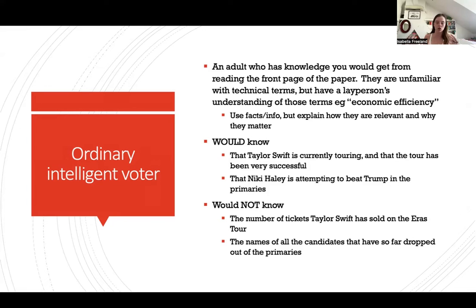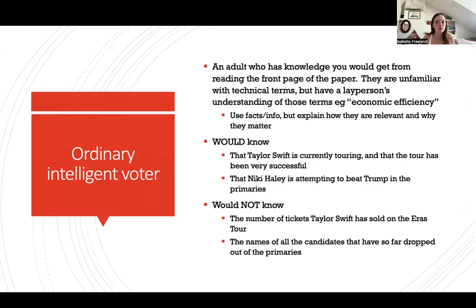You need to take the average reasonable voter's perspective on that issue. So an example of the thing that the OIV would know is that Taylor Swift is currently touring, that the tour has been super successful. They would also know that, sorry, this is wrong, but they would know that Nikki Haley has dropped out of the primaries. They would be aware that she's dropped out and now Trump is the last man standing as the